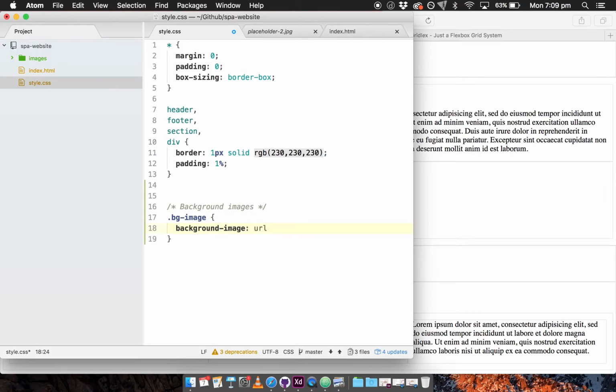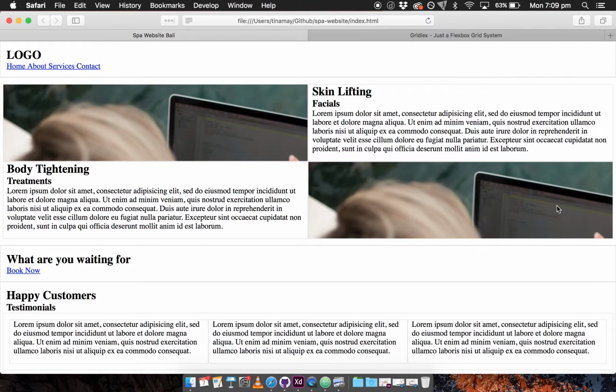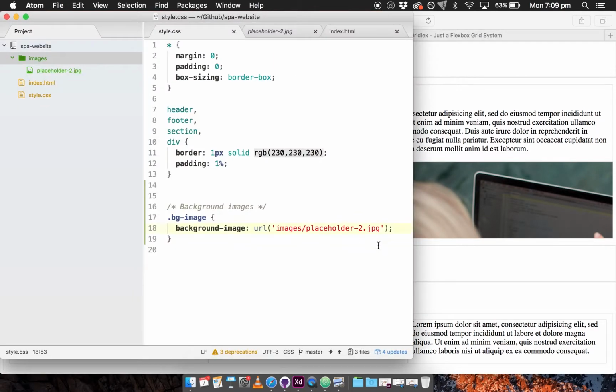have the URL of images/placeholder. Check your spelling, and let's check it. Beautiful, it's in there. Now, almost every time we do a background image, we want to tell it background-size